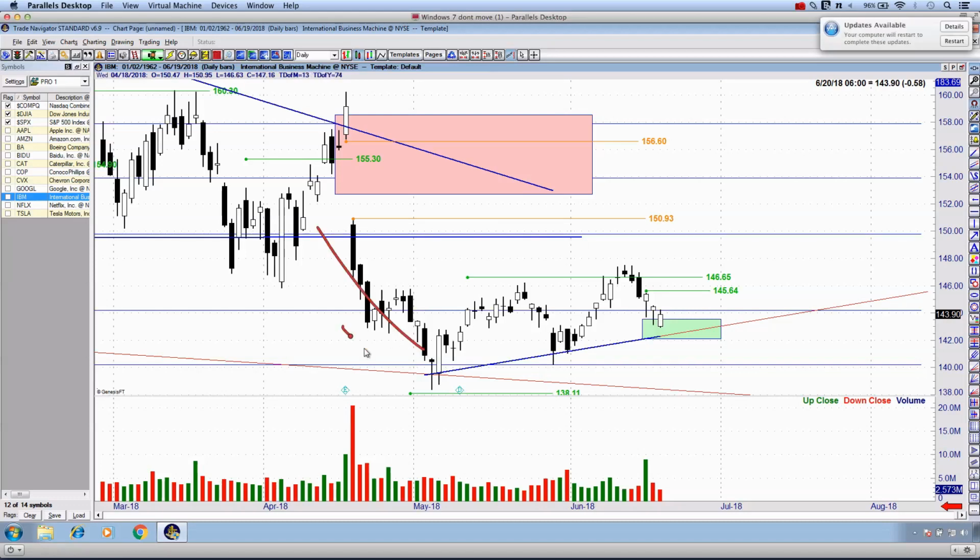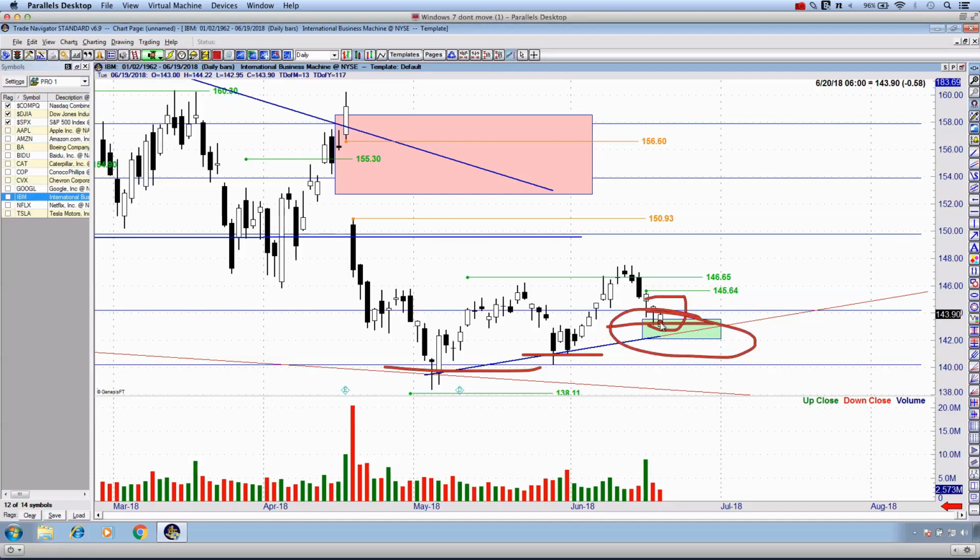What we're seeing is a bunch of exhaustion in terms of the selling pressure, and it's looking as though the trend is shifting. All right, very important for you to understand this. It looks as though the trend is shifting. We've got a series of higher lows, and we've got white candlesticks very close to this green rectangular box. And if we see this market continue, we should see IBM find a bid, and this thing could go parabolic